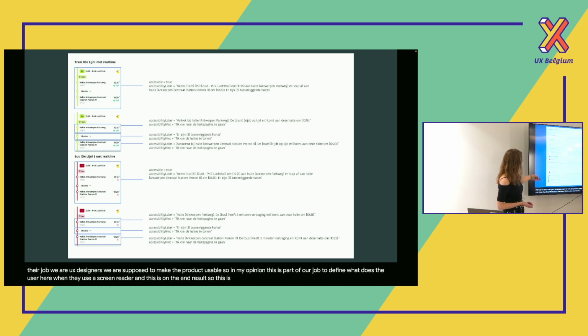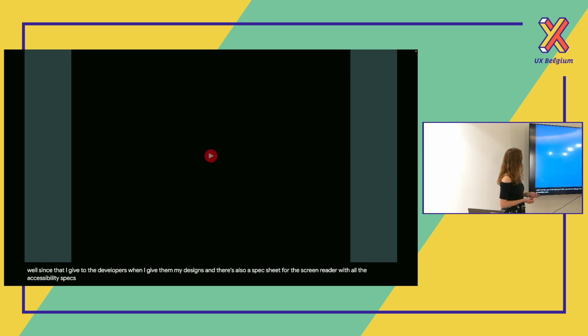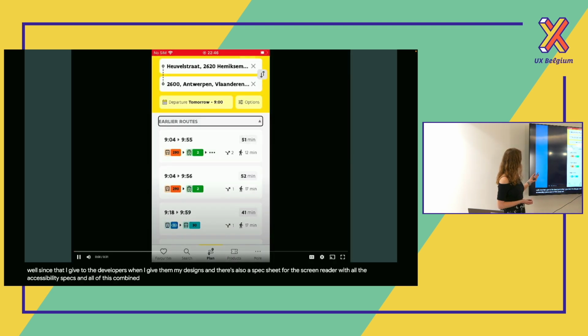So this is an example of a spec sheet that I always send when I deliver, that I give to the developers when I give them my designs. And there's also a spec sheet for the screen reader with all the accessibility specs. And all of this combined will be